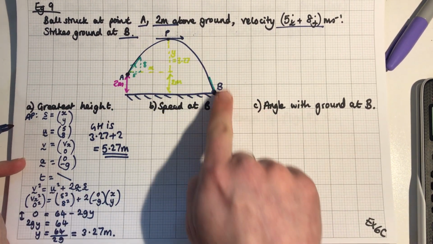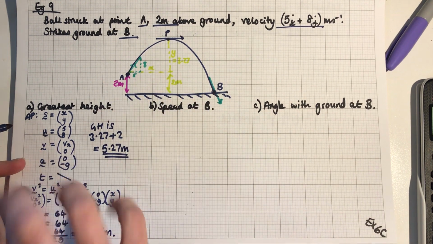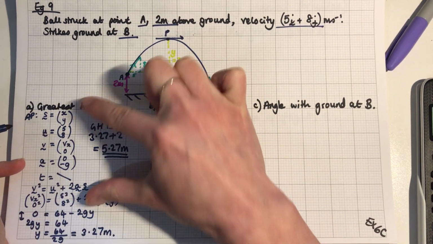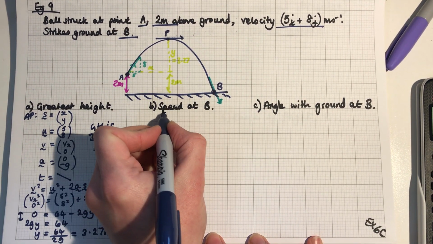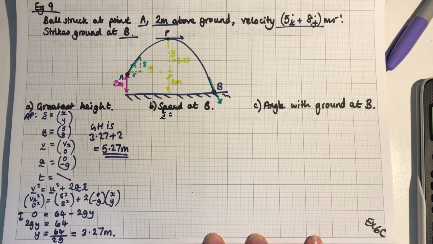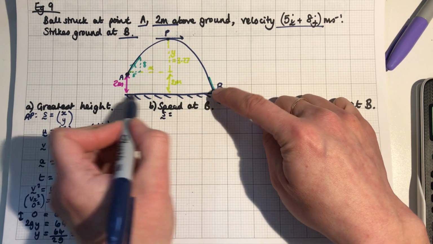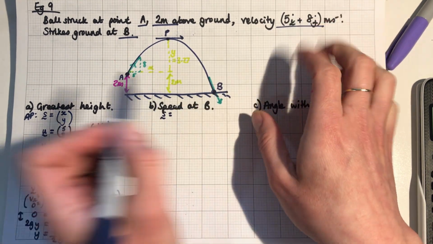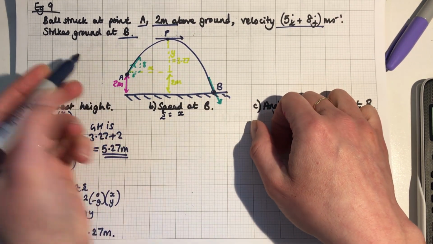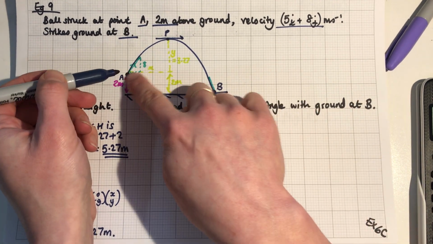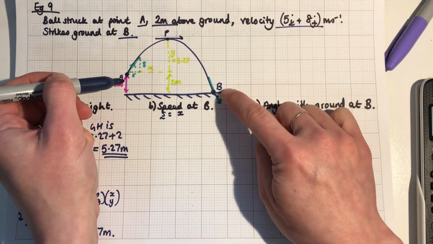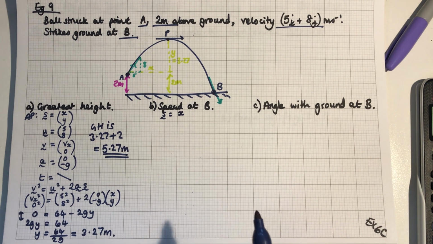The minute the part of the journey you're looking at changes, redo this. So S equals, now from A to B, do we know how far across it has gone? Do we know the range of this journey? No, we don't. So we'll call that X again, an unknown X. It's a different X to the one I've used here. This is now this X